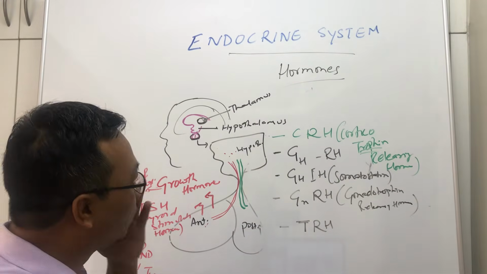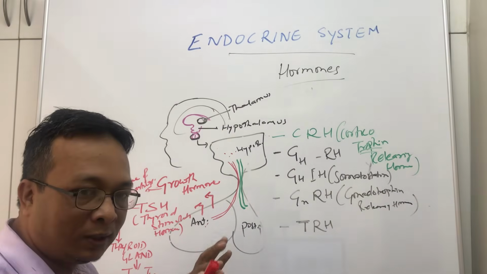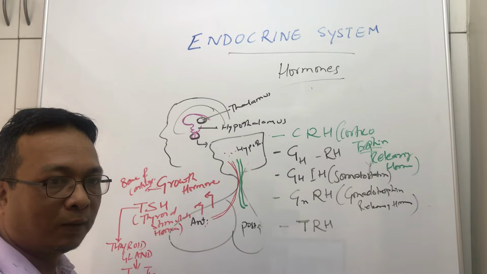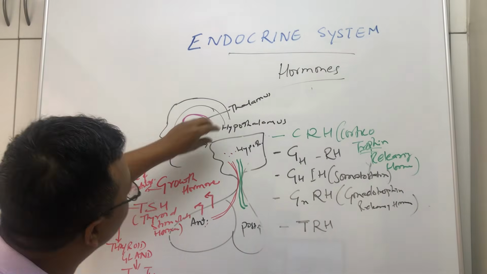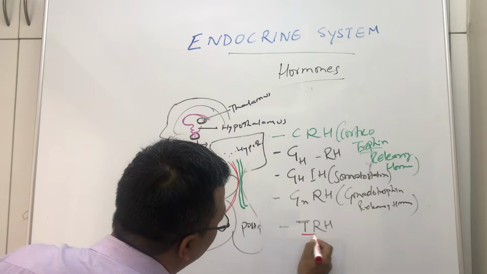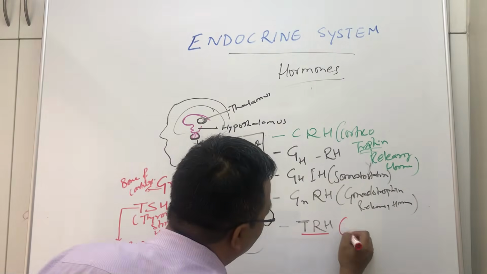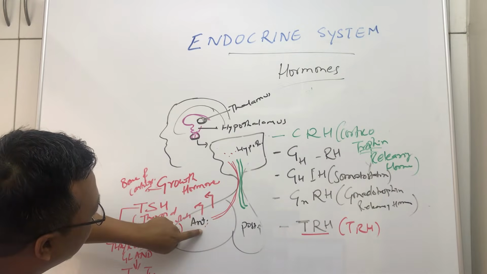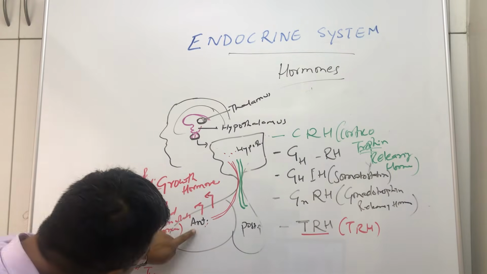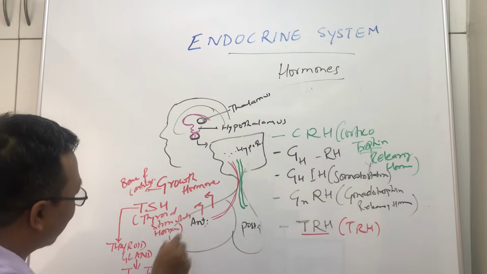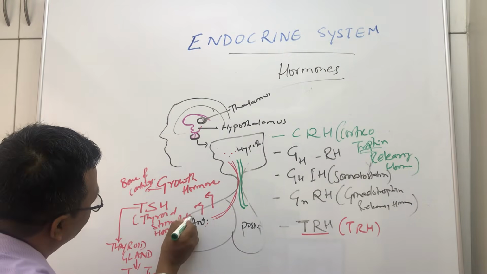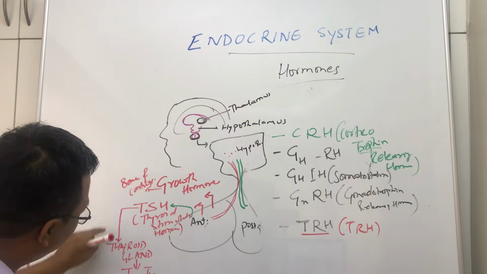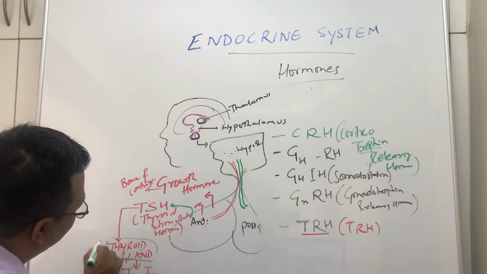Now, why I am telling you, look at the hypothalamus pituitary axis. So this is called the hypothalamus pituitary axis. Look at the axis here. Means when the hypothalamus secretes TRH, that is thyroid releasing hormone, then this thyroid releasing hormone will come into the anterior pituitary gland. It will stimulate the anterior pituitary gland, and this anterior pituitary gland will secrete thyroid stimulating hormone. This hormone will go into the blood supply and it will stimulate the thyroid gland, and the thyroid gland will finally